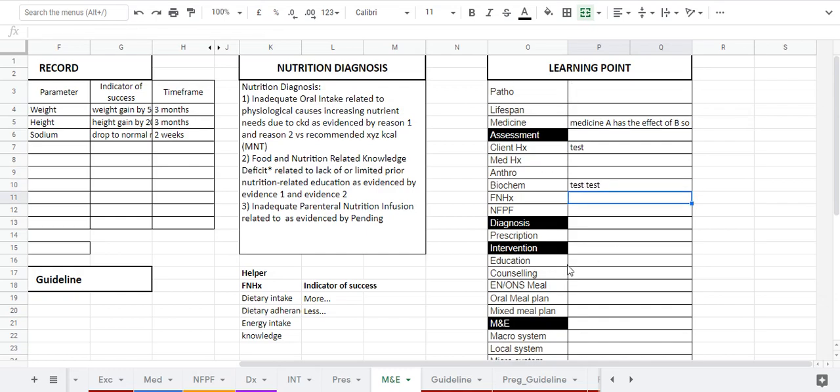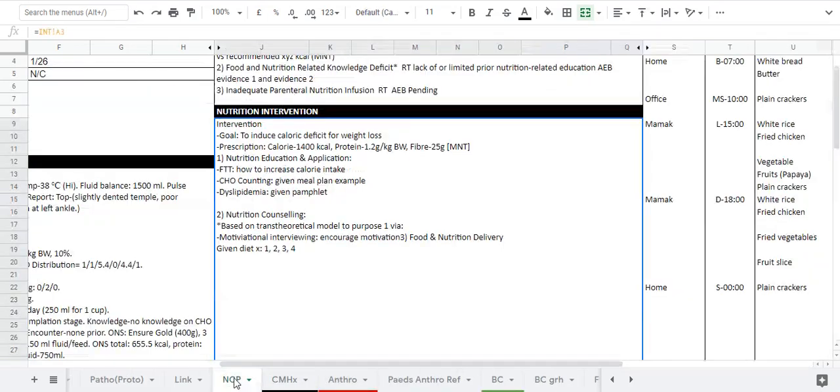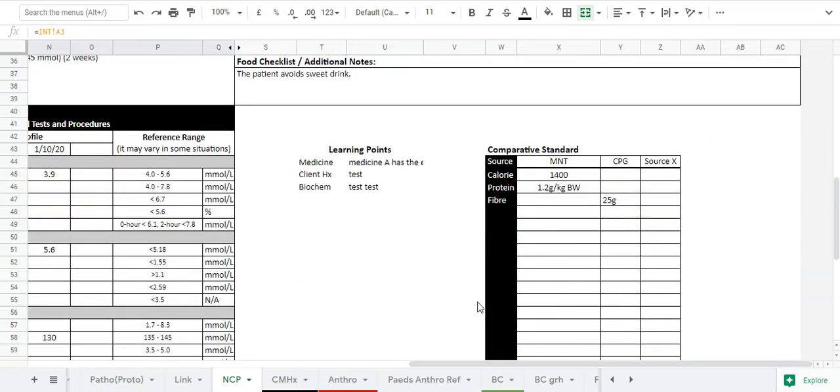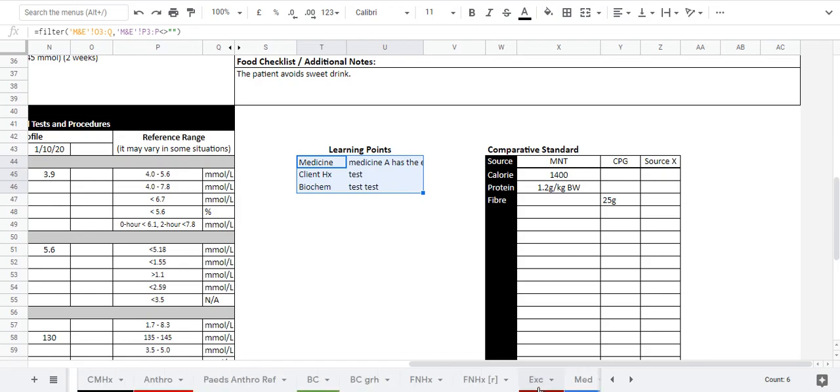Now, if we move over to your NCP sheet, here below the dietary paper, you would see that the learning points are actually displayed over here. Then you can immediately copy this table over to your case presentation slides. Usually in our DP1 we have to present the learning points that we had, so that's one point that we can. This is a feature that I've designed specifically for that purpose, so that as you document for your case,